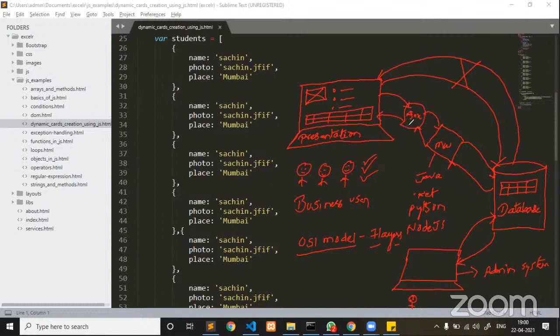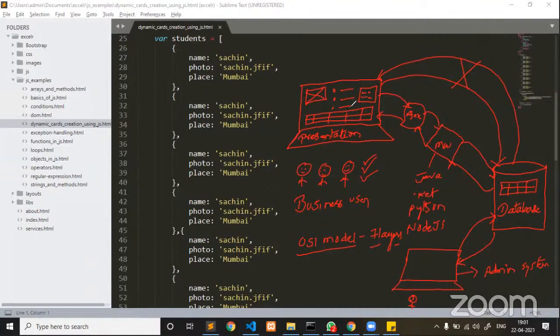The main purpose of Ajax: if you consider this a web page, out of the entire web page I would like to update only a portion of the page. I don't want to update the entire web page. In the process of updating a portion of a web page, Ajax plays a very important role, because it does not force the developer to reload the entire web page, and allows reloading or refreshing only a portion of it. That is where Ajax is very, very important.